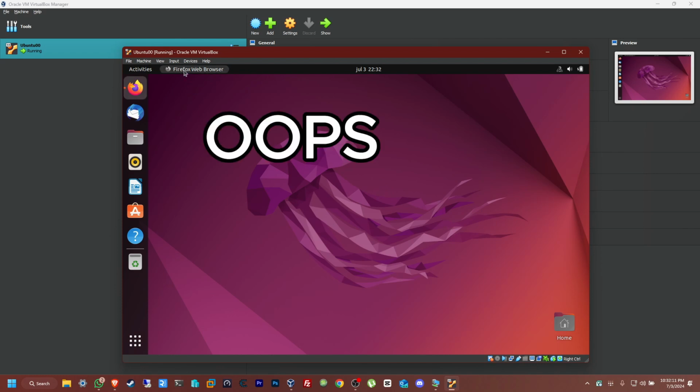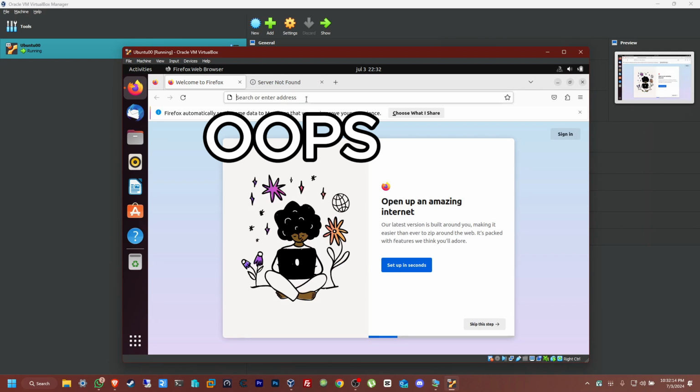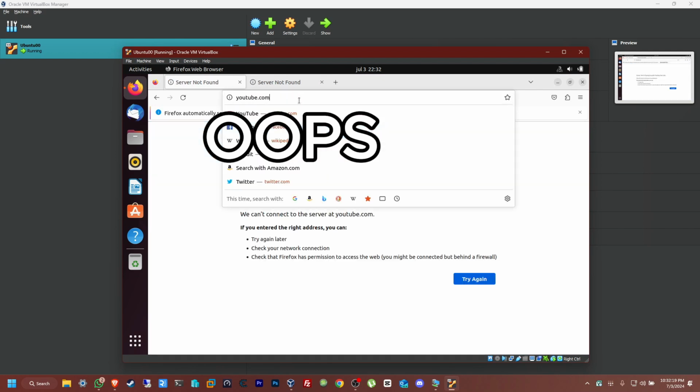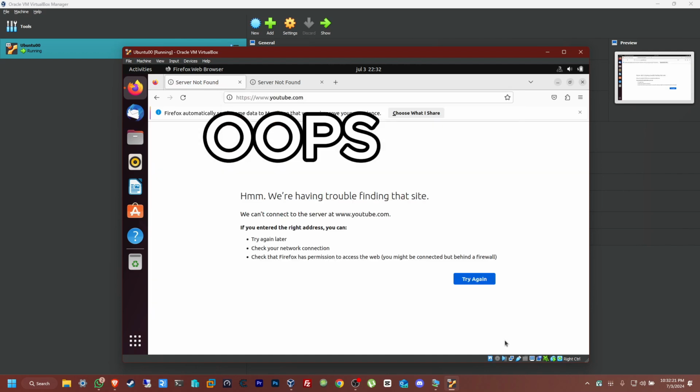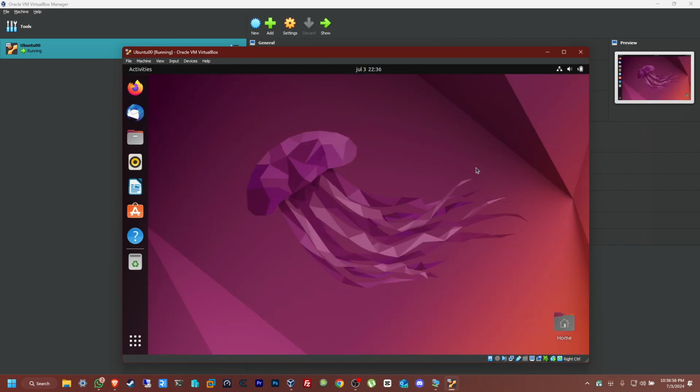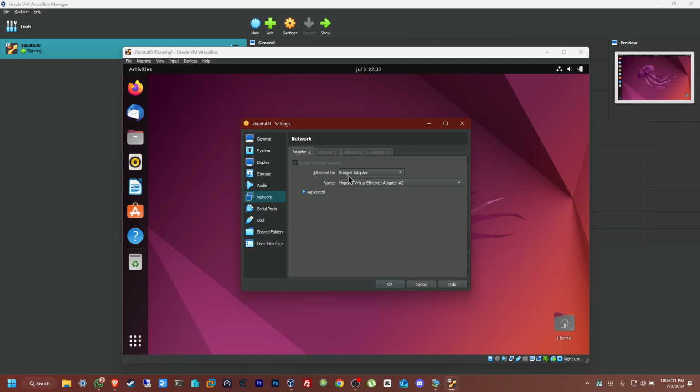Let's give that a little test. Let's go to YouTube, for example. Okay, whoops, I think I have the internet turned off. Okay, guys, so basically the setup is already installed. Now, the only thing that's missing is to attach internet to it. So just go to devices, go to network settings, and from here, you're going to change this from NAT to